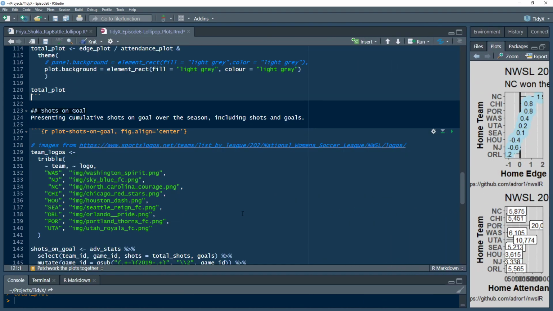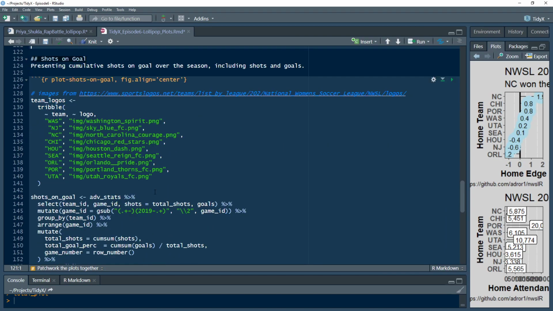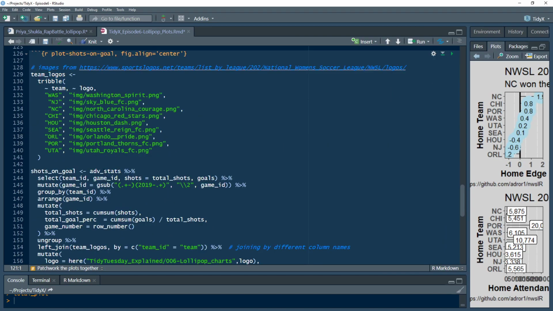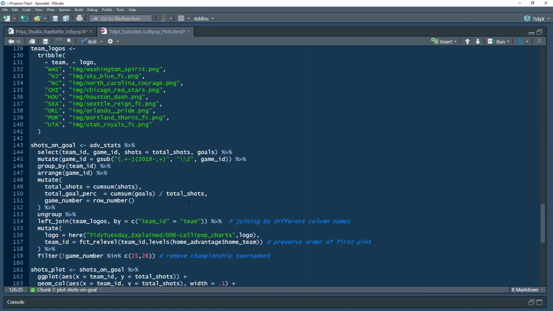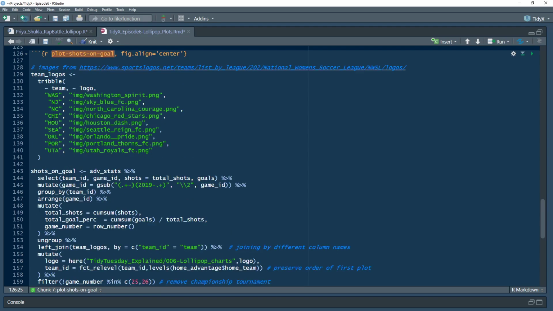So after that, you wanted to look at shots on goal, and in particular, shot success, following up on our previous week's work in TidyX 5, making a little bit more of an animated plot. Yeah. So this lollipop plot is also a little bit unique